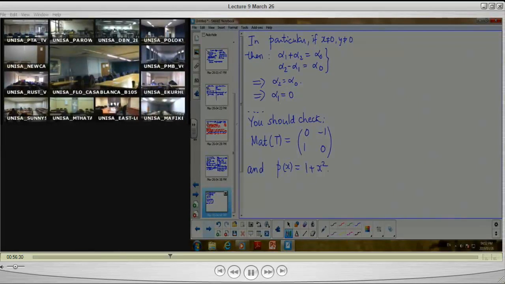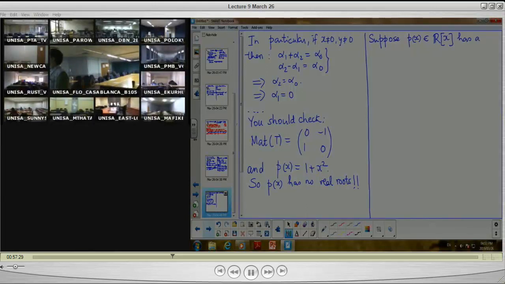Okay? And so, yes, alpha 1 is 0. So, clear? On the other hand, suppose... so then you can write